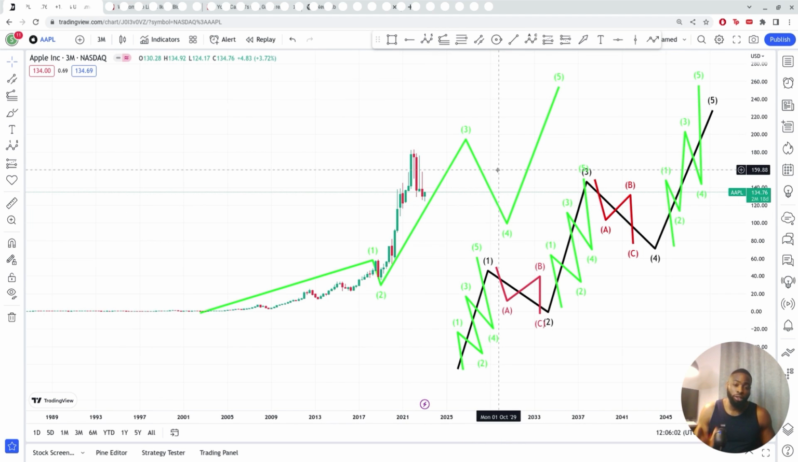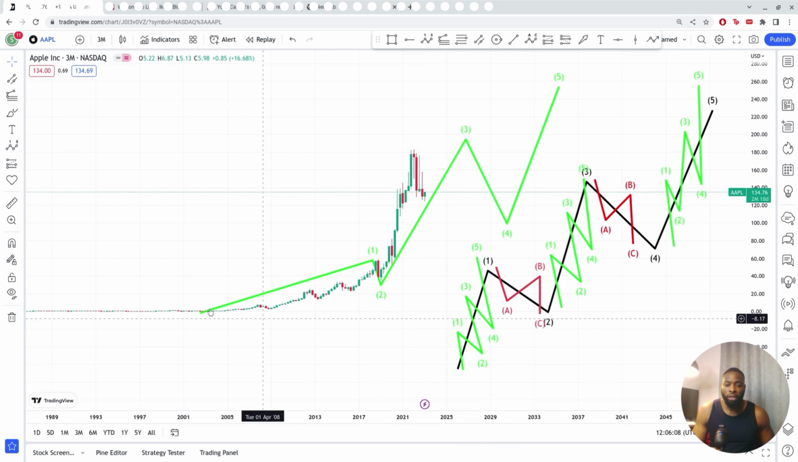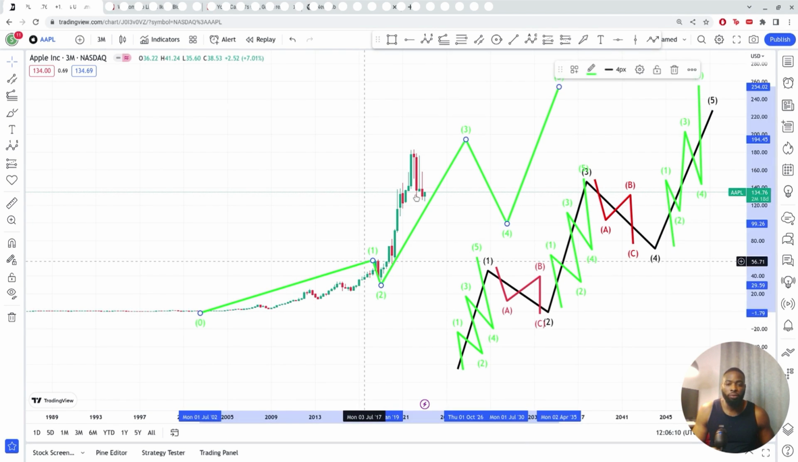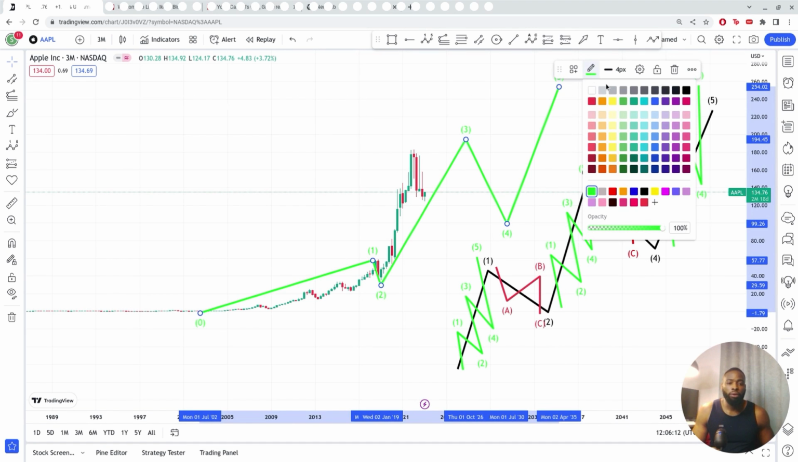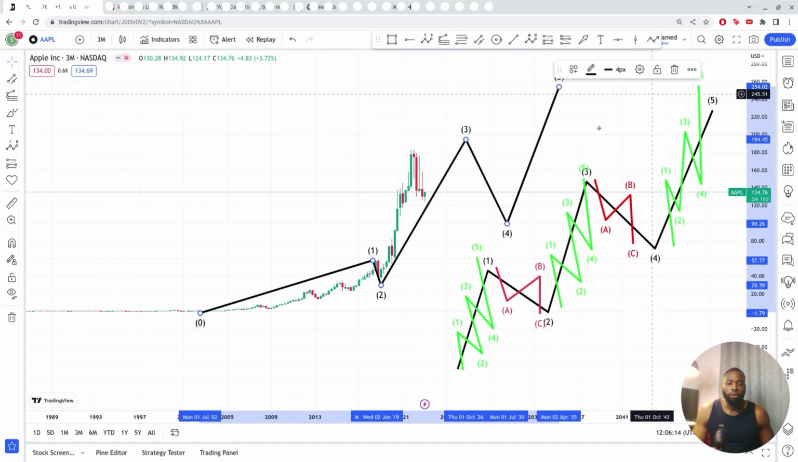The second thing to do is to zoom in and get the fractals of the market. I'll first start by getting the fractals of the first wave. We've established that this is the first wave, so I'll put it in a black color. The fractals of the first wave have to have a 5-wave pattern within it. So if I zoom into this area down here,